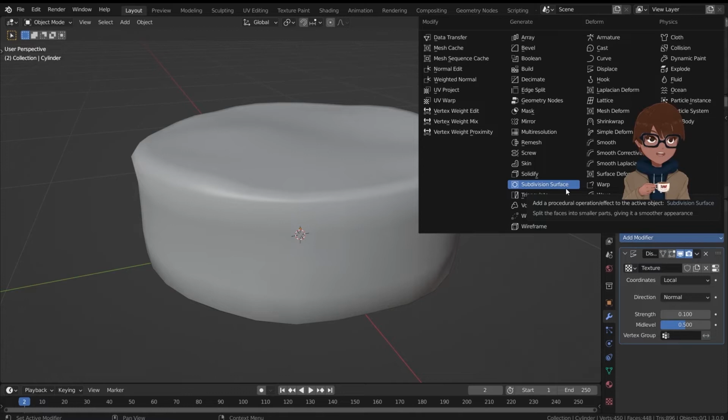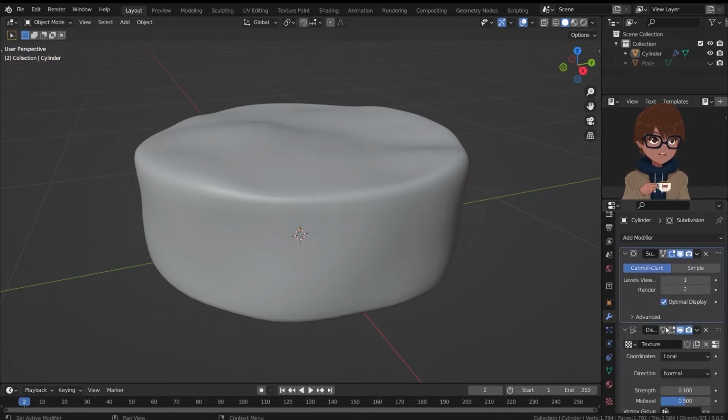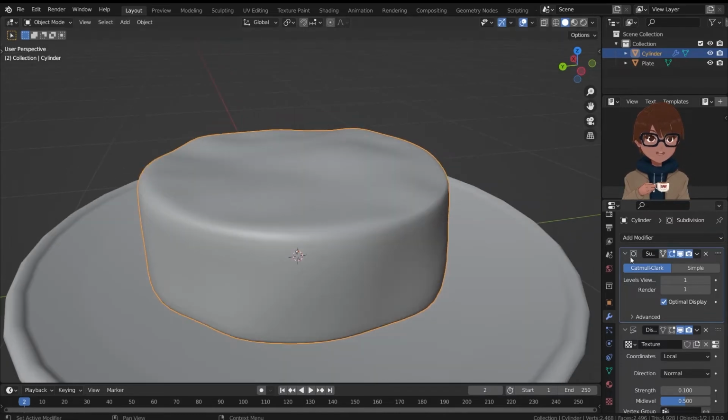Okay, so I'm going to add a subdivision surface modifier on top of the displace modifier, and render set to 1. Now the shape of the pancake is a bit more irregular, but the edges are still a little bit too sharp. So I'm going to come here to the subdivision surface modifier